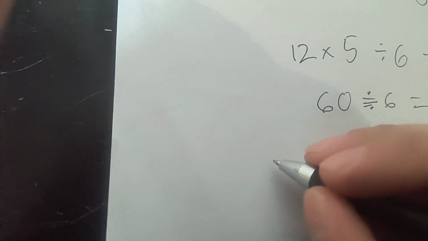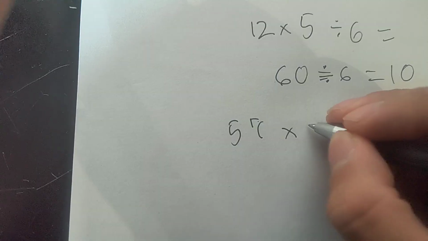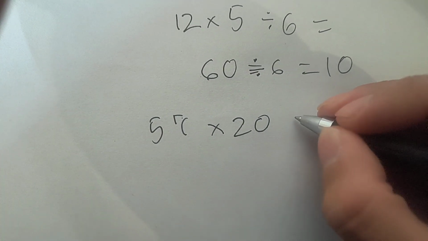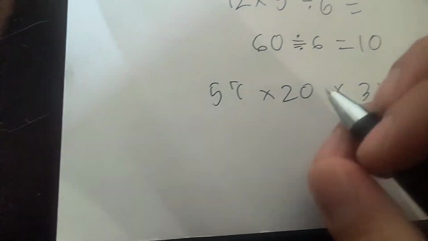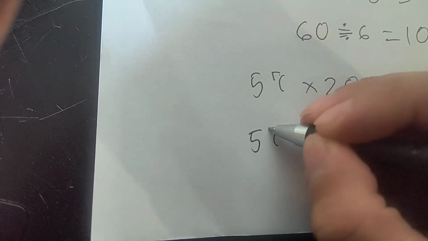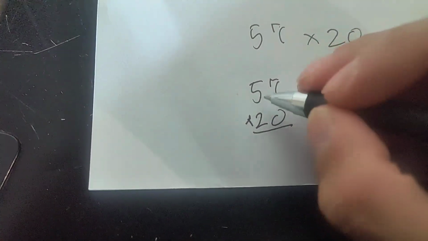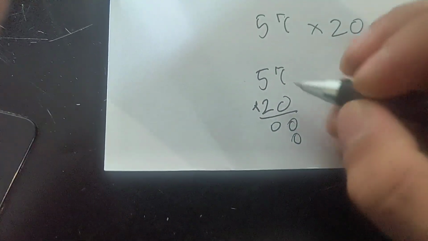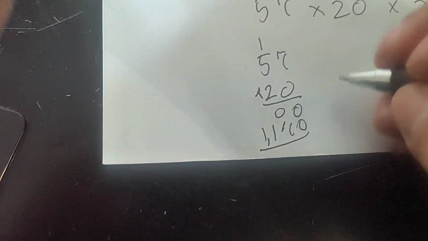Okay, what about 57 multiplied by 20 multiplied by 3? What does that equal? Well, 57 multiplied by 20, let's write this out. 0 times 0 times 0, that's just 0 and 0. Drop another 0. 2 times 7 is 14. Bring it over here. 2 times 5 is 10. Plus that 1 is 11. Okay, and that's just 11,000. I mean,